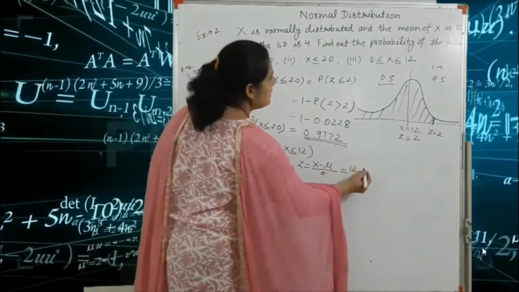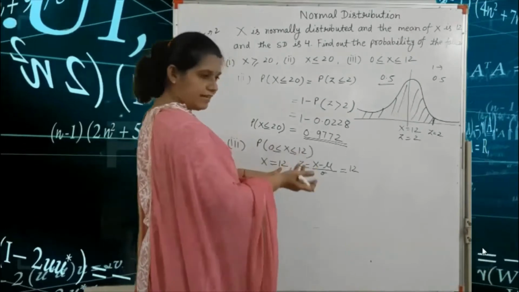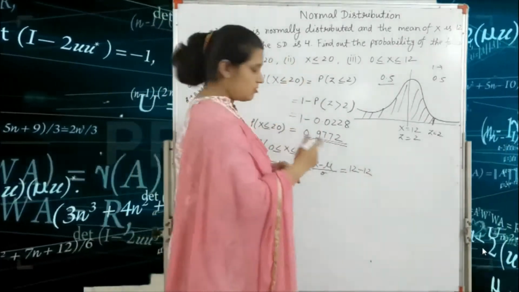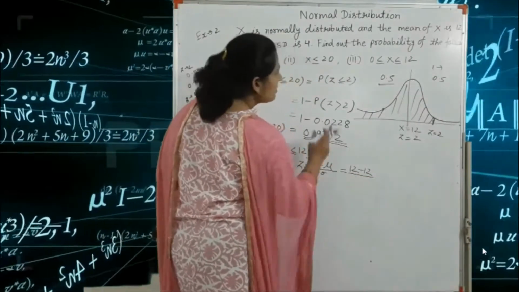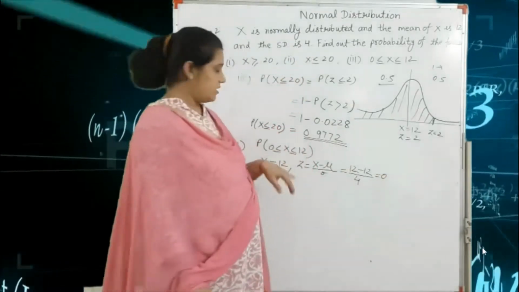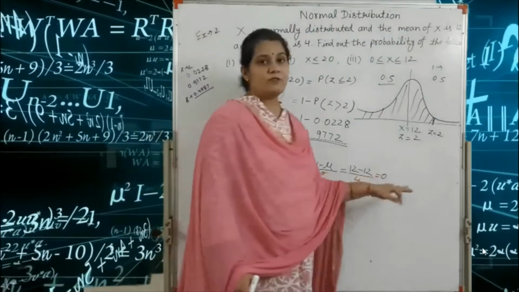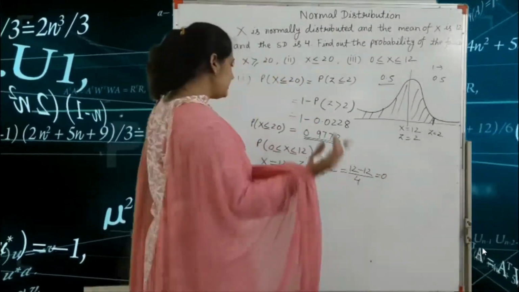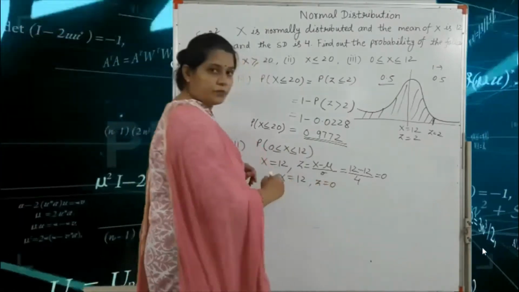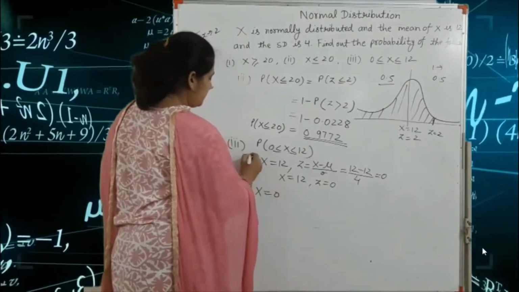Mu is 12, and x is equal to 12, so 12 minus 12, because the mean is also 12. Sigma is equal to 4. So we write here 0. That means if x is equal to 12, then z is equal to 0. If we put x is equal to 0, then...